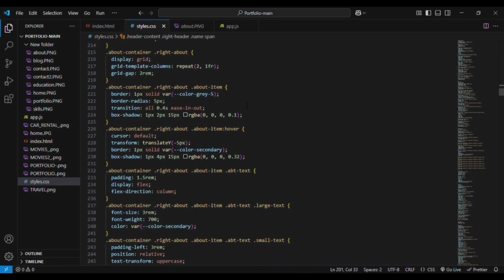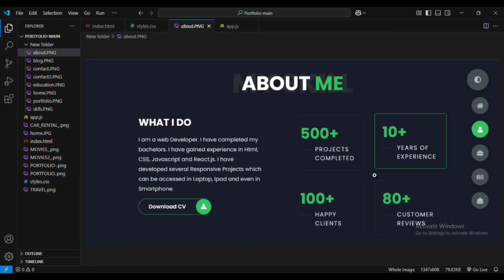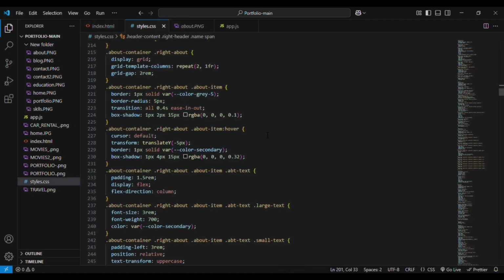For the right about, we are adding display grid, grid template columns 2, and gap is 2rem. So for these, we are adding 4 divs, right? 4 divs means we don't have a lot of space. So we are using the grid template columns to have only 2 beside each other, and we are having a 2rem gap between them. Then we have